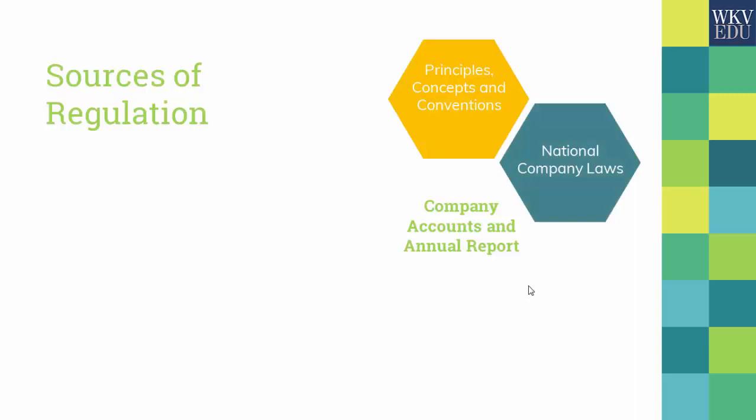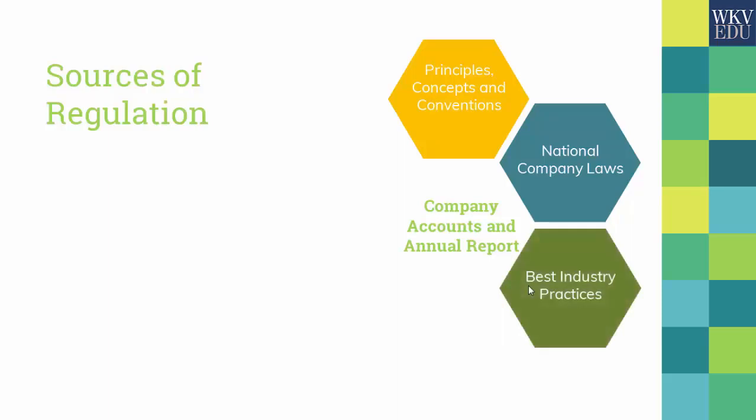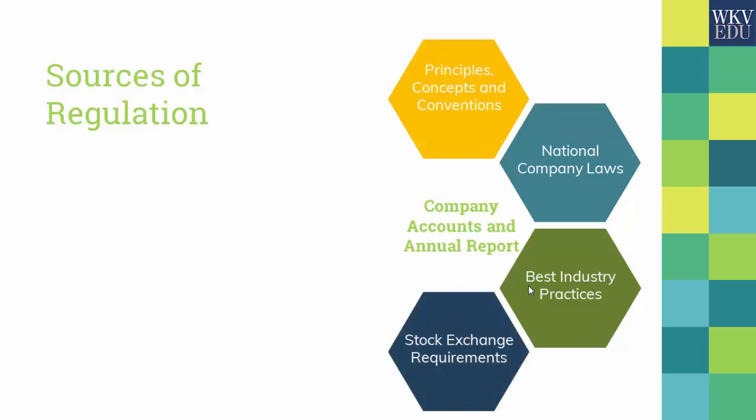National company laws are laws that are set up by the economy in which the company is working. So every company will have to abide by those laws while they are producing their accounts and annual reports. Best industry practices are things that are being done by the competitors or peers in your industry. You would always want to make sure that the disclosure made through your accounts and annual report is done in such a manner that it is considered the best practice, so that people show trust and believe in what you're doing, and that will in itself create a goodwill or a brand image about your company.